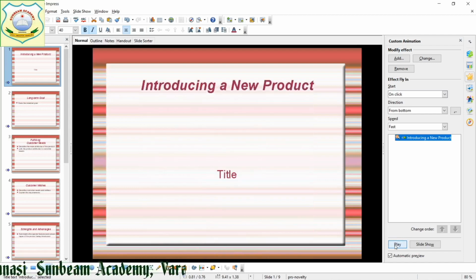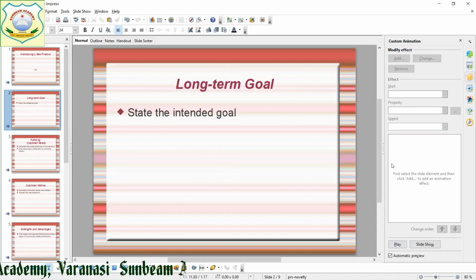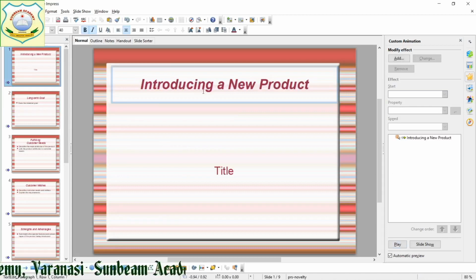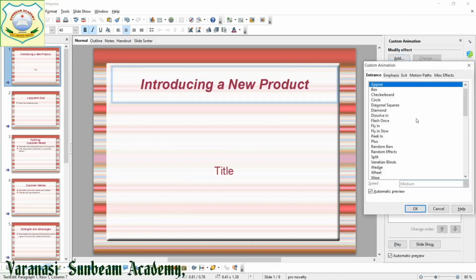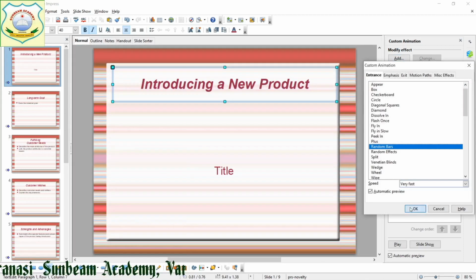Now have you seen this presentation? For the character for which I have taken the animation, since I have not given timing, it has come as per our mouse click. Here also, whatever effect you have given, suppose I have taken random bars, very fast, okay.